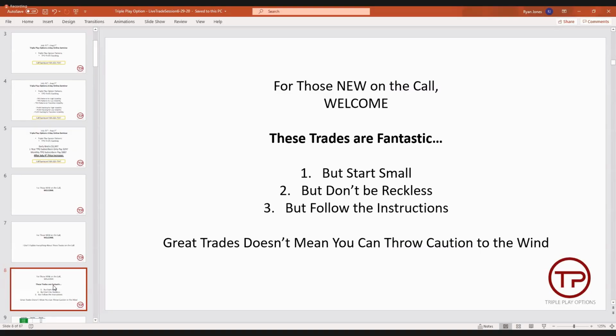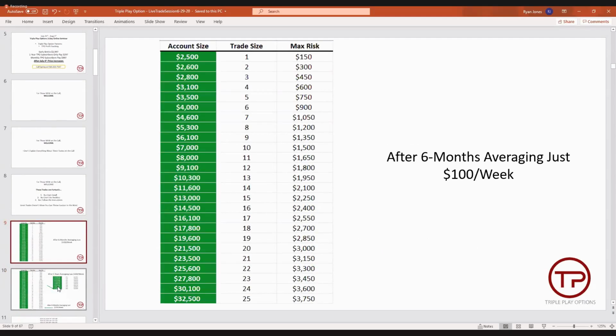You need to understand what you're doing, and you need to be very intentional about how you put these trades together. And then finally, you want to absolutely follow the instructions. If you don't follow the instructions, you will get hurt. It's only a matter of time. Four or five weeks ago, I didn't follow my own instructions and I got hurt. So it applies across the board. I do not get an exemption, even though I understand this stuff more than anybody on the call. So one of the reasons why I say you want to go small is because you have the ability to compound. And I'm going to get to the compounding in a few minutes.